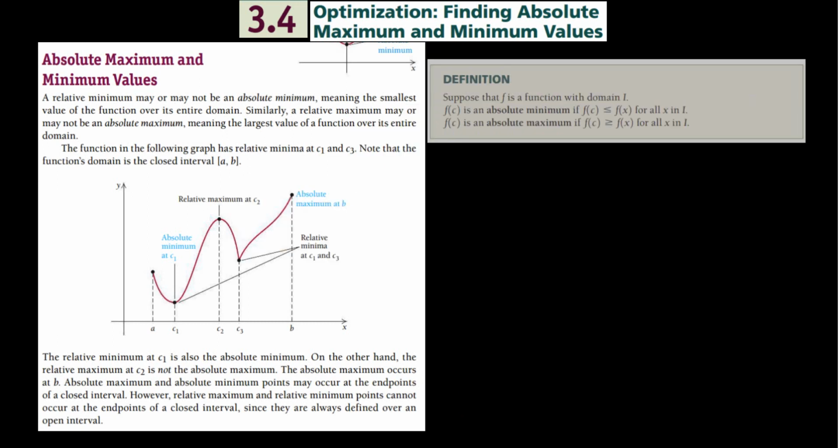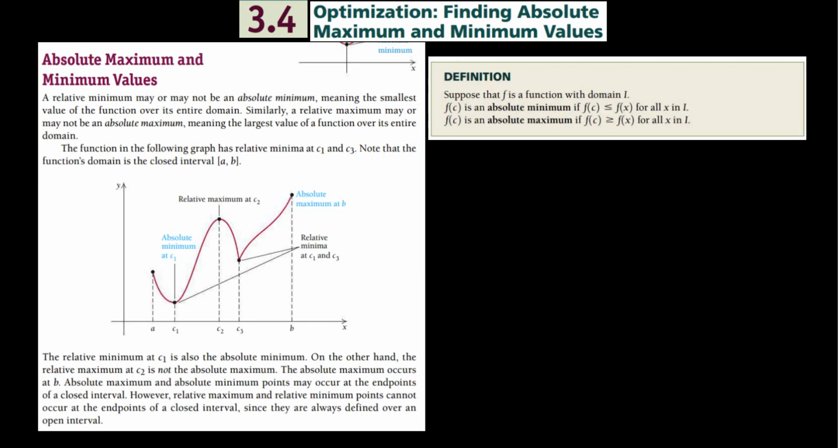And let's just put this on the first page as well. Again, this is not a definition that should be new to us. Suppose that f is a function with domain I. Again, I just means interval. Then f of c is an absolute minimum if the function at that value, an arbitrary c in this particular case,